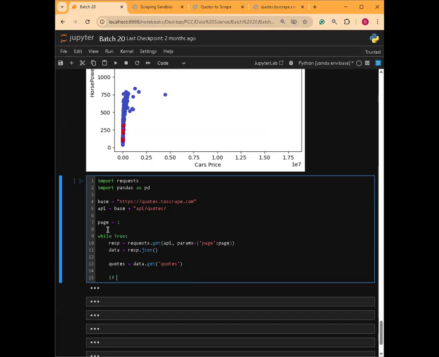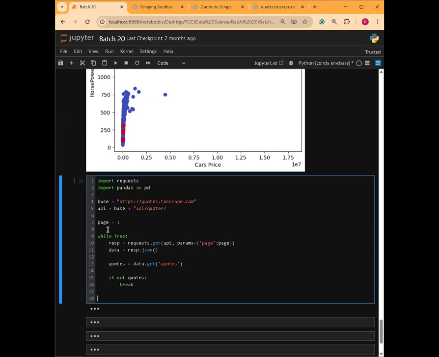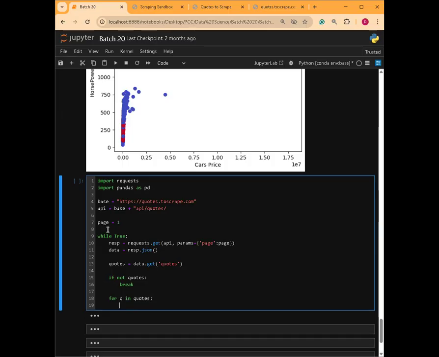If codes doesn't exist, if I say not codes, so that means it is returning nothing, or if this is empty, NA, or does not exist, then I will break the loop. This is where I will break the loop. If not, then for q in codes, or for each code in the codes, I'm gonna save the code,